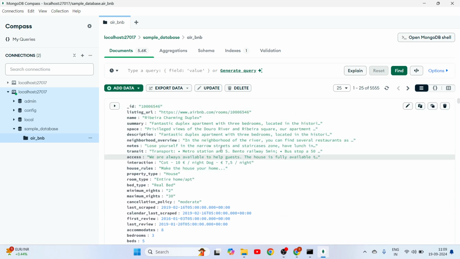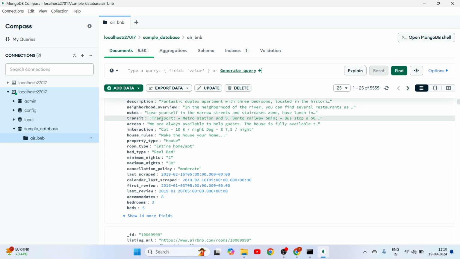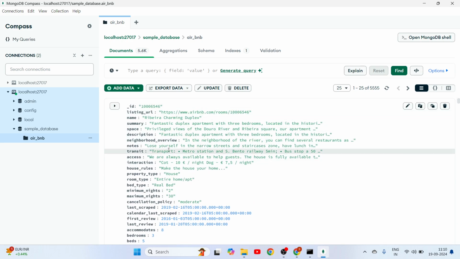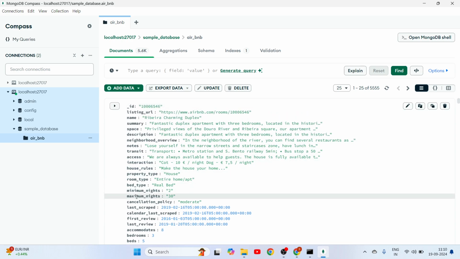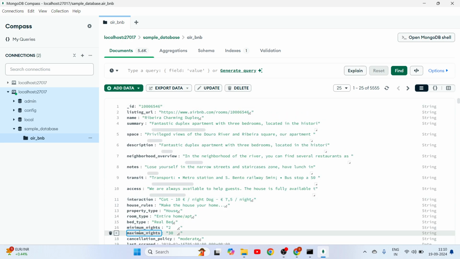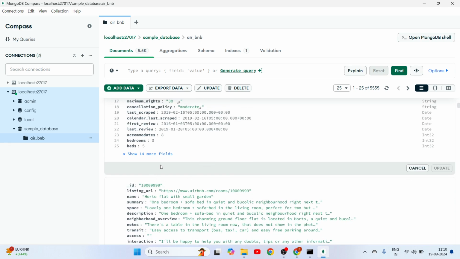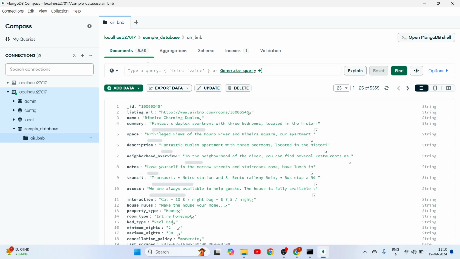But this is how you can import the data, and the querying is also pretty simple. So here let's say that we want to filter. So some examples are given here, right? So field and value. So here let's say that we want to filter all the rooms or all the places in this listings by maximum nights. So we have this maximum nights as key. So I'll copy this entire thing, maximum nights,